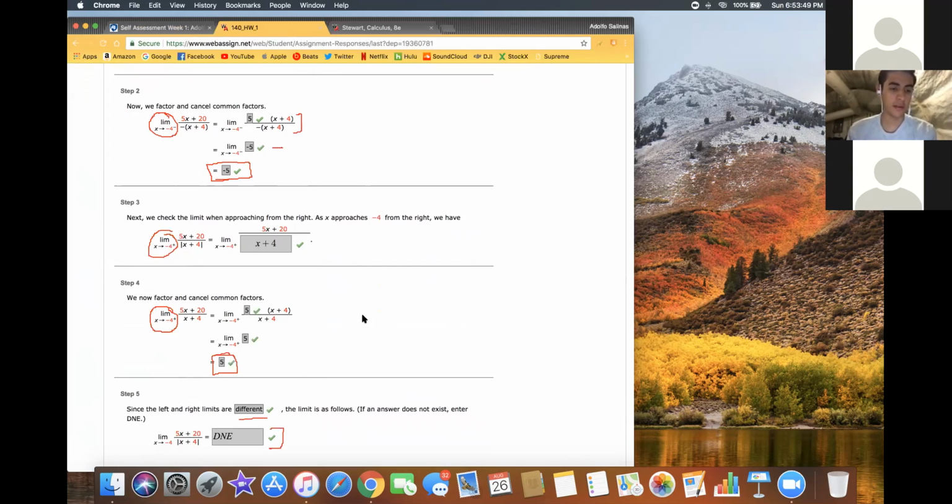Okay, so when the answer is different, they don't exist. Yes. The whole limit of x, this whole thing of x approaching -4 does not exist. That does not, however, mean that the limit of x approaching -4 from the right or from the left doesn't exist, because we just showed that both of those do exist. But these are different and more specific than this is generally. Does that kind of make sense?